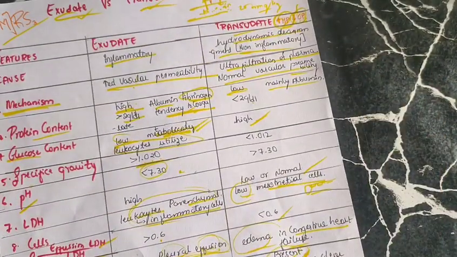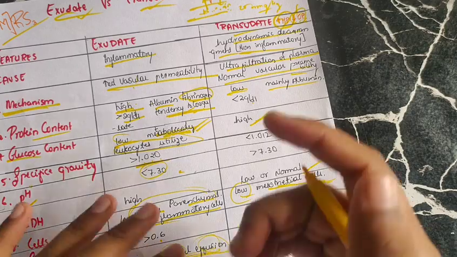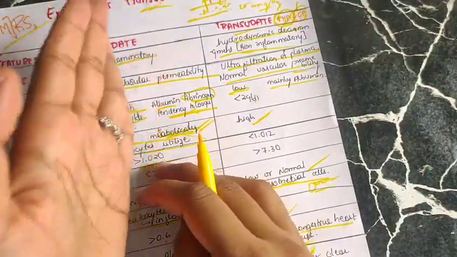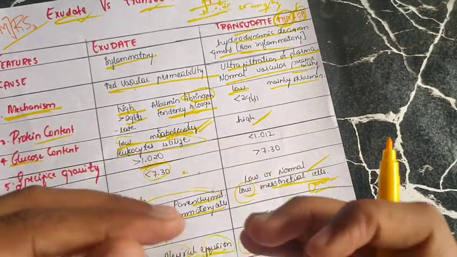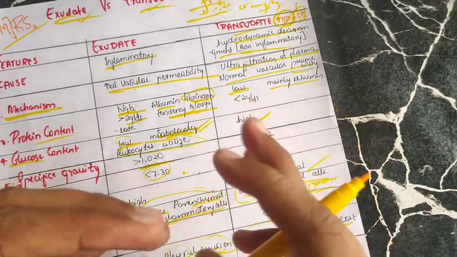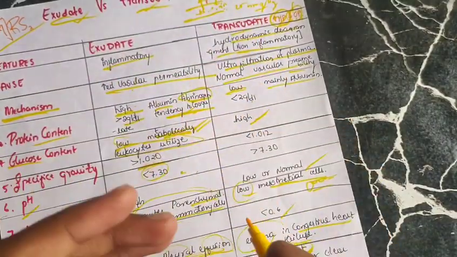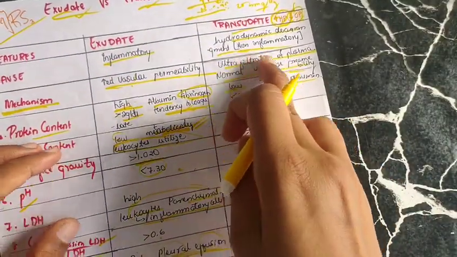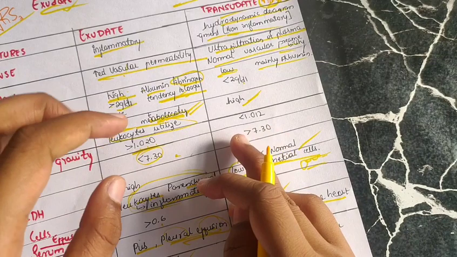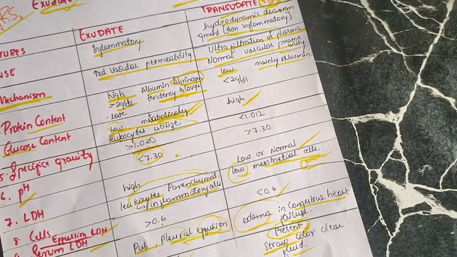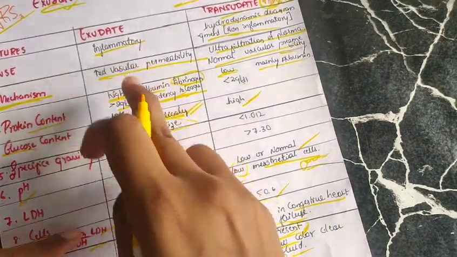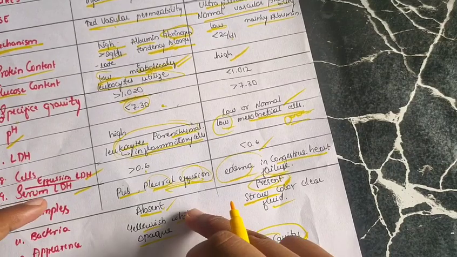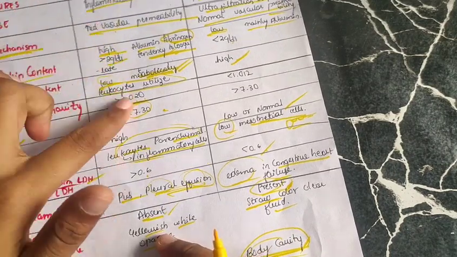The cause of exudate will be inflammatory, whereas transudate it will be non-inflammatory, and the mechanism is increased vascular permeability. Endothelial cells will be contracted, and there is a gap between the two endothelial cells where everything moves out. Whereas in the transudate there is just ultrafiltration of the plasma, so only plasma will be there, straw color will be there. Whereas here everything comes out, so the specific gravity will be more here, and then because of inflammation, all the inflammatory cells will be there,